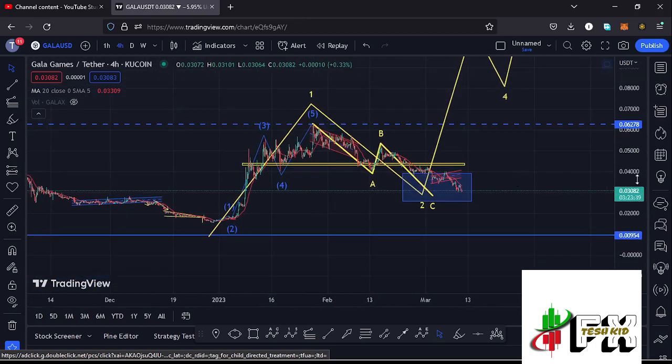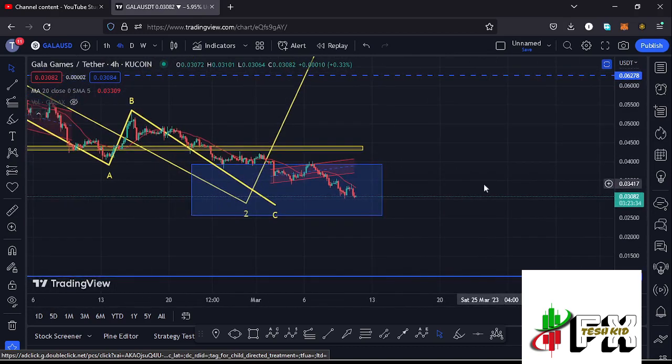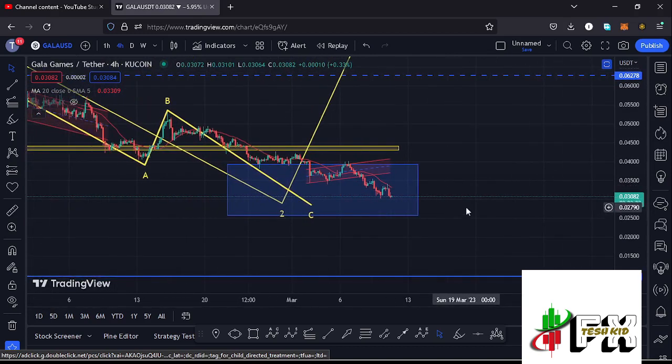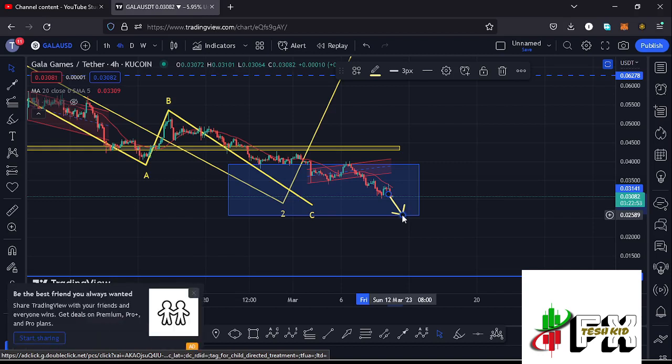But as long as we are holding below the 20-day MA here on the 4-hour chart, we still have the risk of fully maximizing our target area by getting one more leg down to the lower side in the formation of this larger Elliott wave count 2 at the fib level 0.78, which is our next target area here on the Gala Games chart in case the breakdown continues, and that perfectly lies at around the $0.02585 mark, and that is the minimum that I can expect further breakdown to the lower side to do. And once we fully maximize that target area, then I think there are chances that very soon we are going to start gearing up in the formation of that larger Elliott wave count 3.